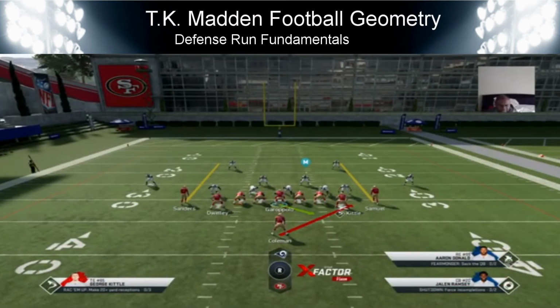The reason why it's called an even formation set is because you have two wide receivers on the same side standing parallel to each other. The wide receiver on one side is standing parallel to the wide receiver on the other side. The tight end is standing parallel to the other tight end